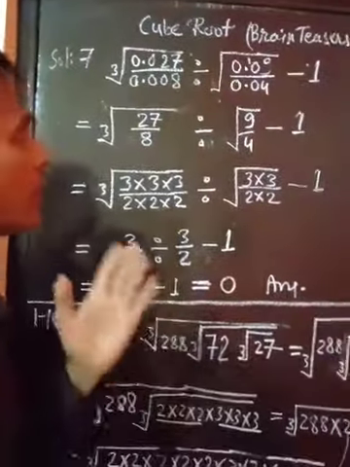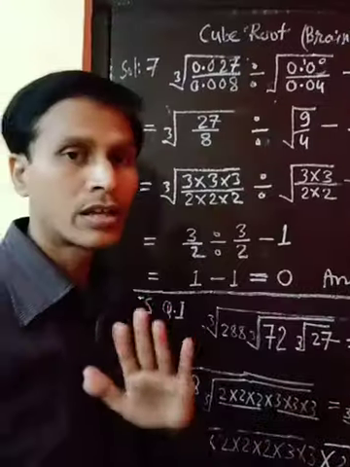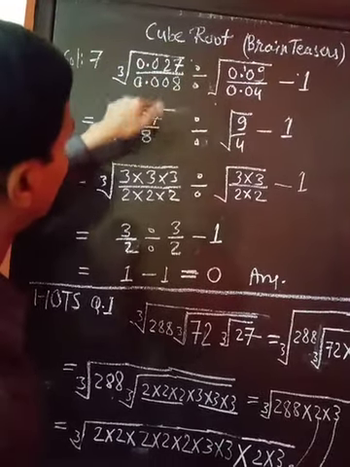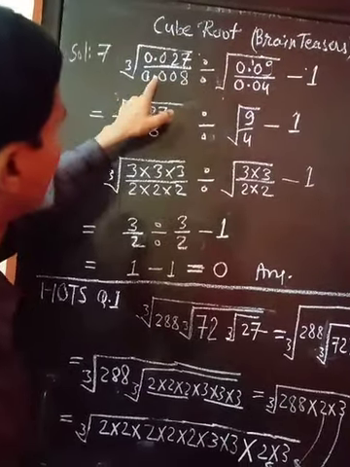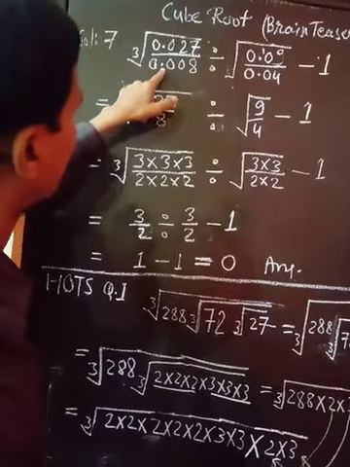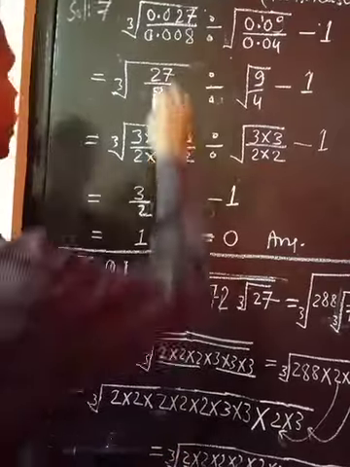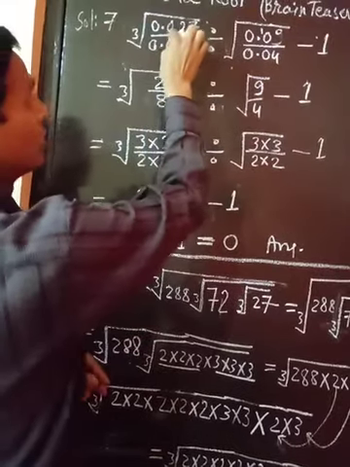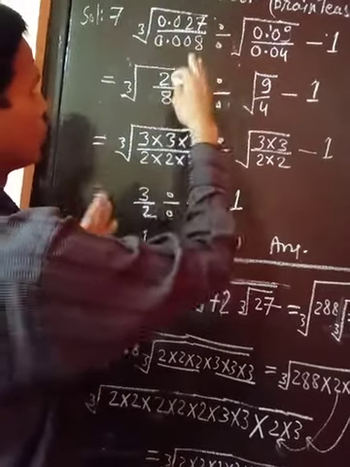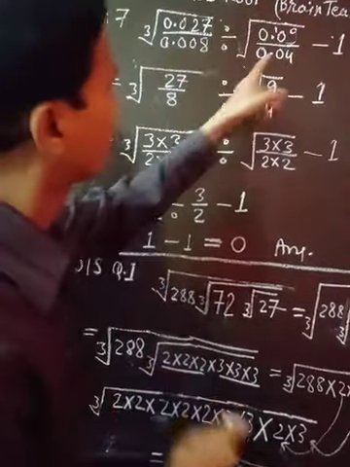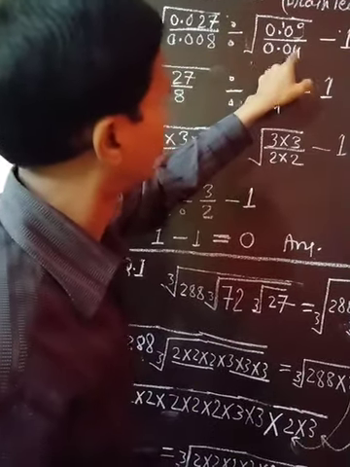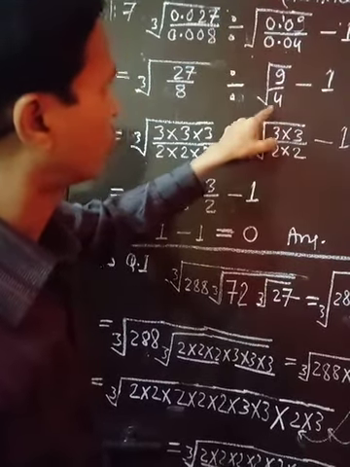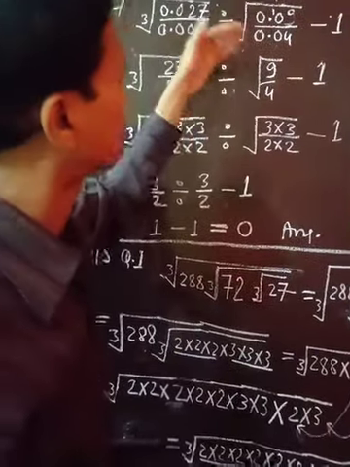So first of all, whenever you see a decimal question, remove the decimal. We know that this numerator and denominator are like terms, 0.027 and after the decimal here 0.008. So automatically the decimal places will cancel each other because the same number of places are there. So this will become cube root of 27 upon 8, as 1 2 3 places, 1 2 3 places. So this decimal will be removed. Here also these are like decimal places, 0.09 and 0.04, meaning 2 places and 2 places. So here also this will be converted into 9 upon 4. So in the first step we have removed the decimal places.